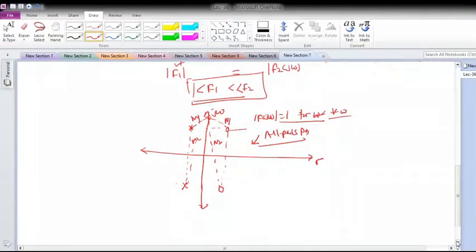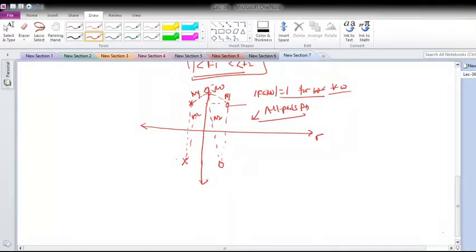So with this, let me review the terms. What is minimum phase function? Minimum phase function is that where the zeros will lie on left hand side or on j omega axis. I can say that way also. And what is non-minimum phase function? Where zeros will lie on right hand side of S plane, called non-minimum phase function.